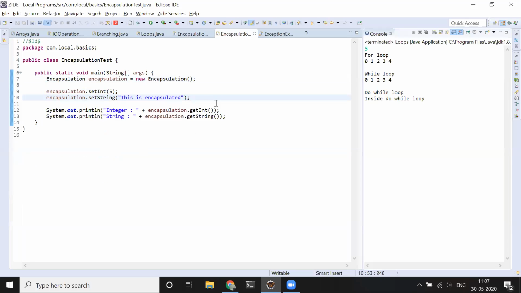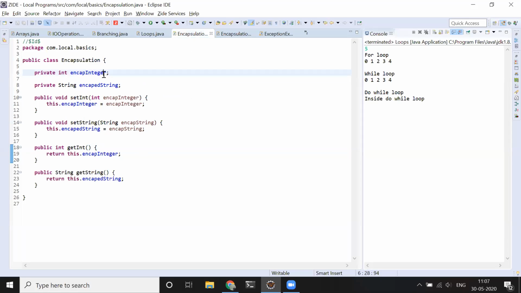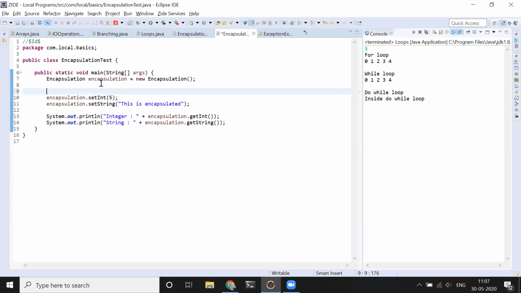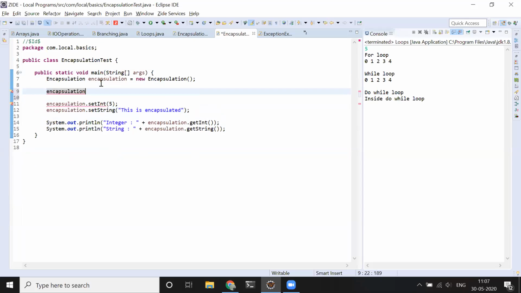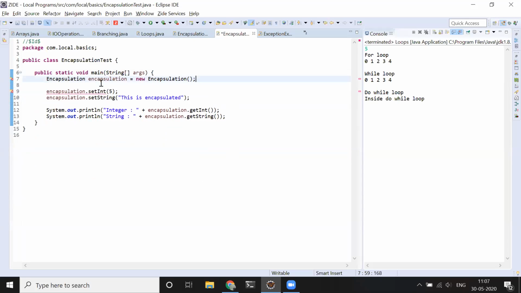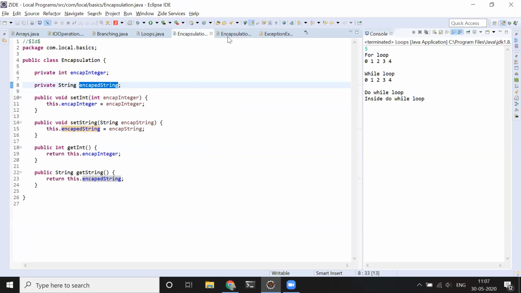You can see this example where I have created an instance of this encapsulation class, and I am having these two variables. If I try to access those variables directly, I will not be able to get those values because those are private, and no other class will be able to access them directly.